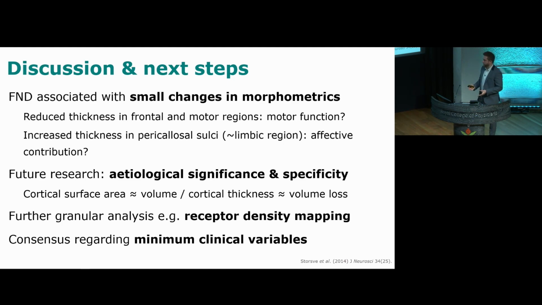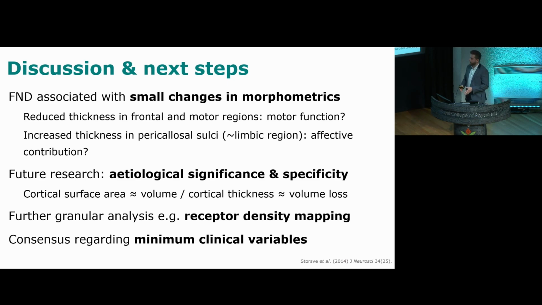I think, obviously, this is just the first step. Further research needs to really test the potential etiological significance of these findings. Are they risk factors for FND? Or do they arise as a result of having chronic symptoms? And most patients that we included did have quite chronic symptoms. And of course, also the specificity of the findings. Are these just something we see in FND, or are they seen in other related disorders?